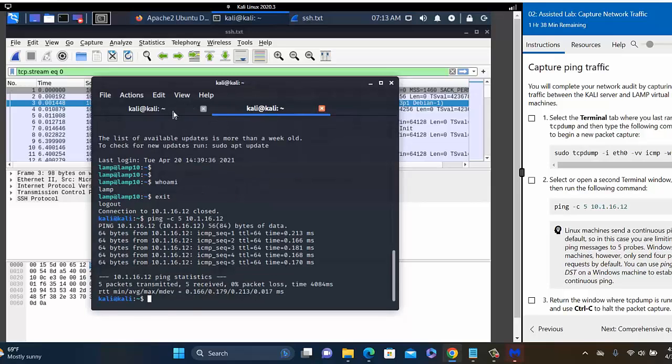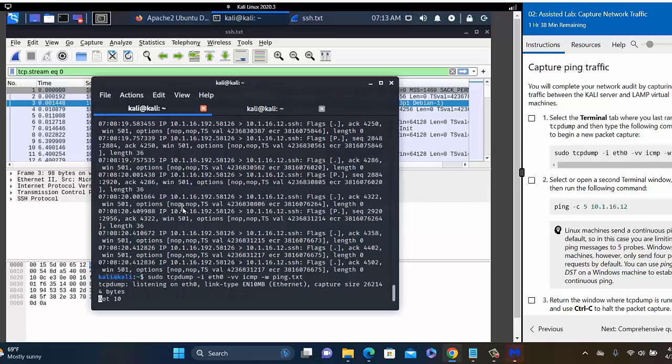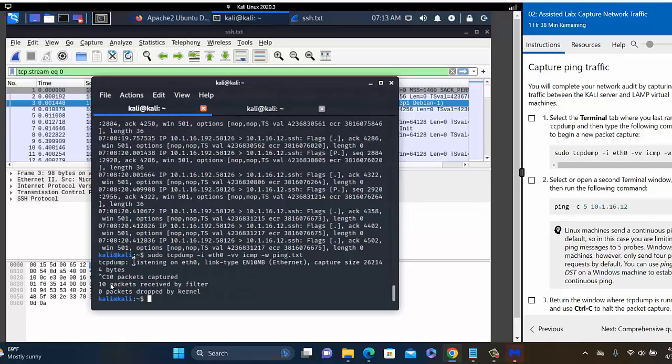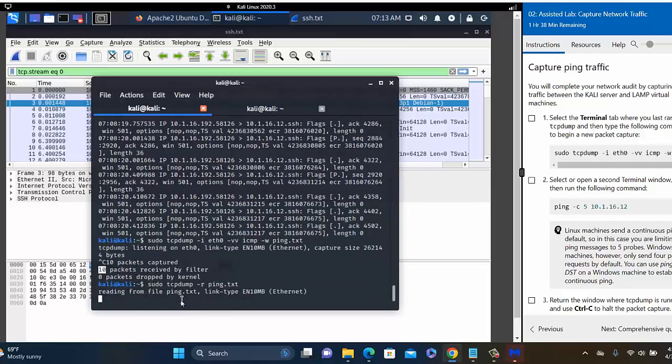Here I am going to close this one with Control C, and you can see there are 10 packets: 5 requests and 5 replies. If I want to open this file, I can use the same command I ran previously, with ping.txt.